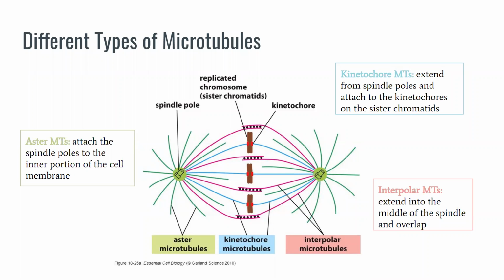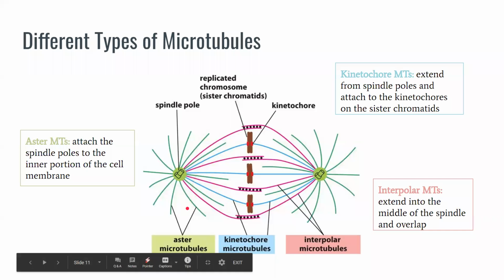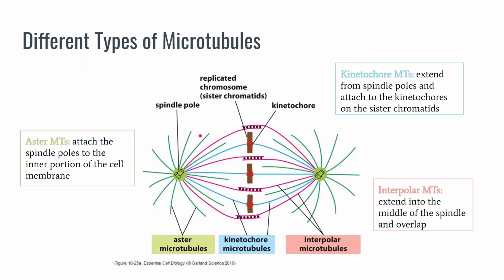So there are different types of microtubules. You have aster microtubules, kinetochore microtubules, and interpolar microtubules. I'll start with aster microtubules because they're the outermost microtubules. They're always out on the edges. So basically they attach the spindle poles